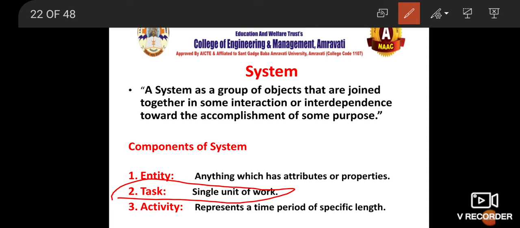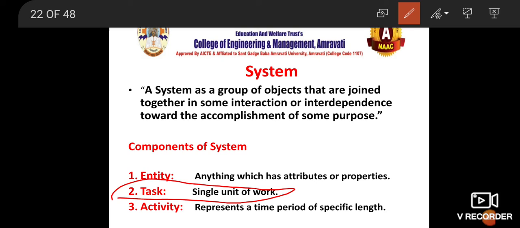For example, if you are filling a scholarship or exam form, what do you have to do? First of all, you have to fill up the form. You have to select your subjects. Then you have to pay the fees at a certain portal. Then you have to attach the receipt. Then you have to upload that form, and then you will get the acknowledgement that okay, your part is done. Now you can break this entire activity into single tasks.